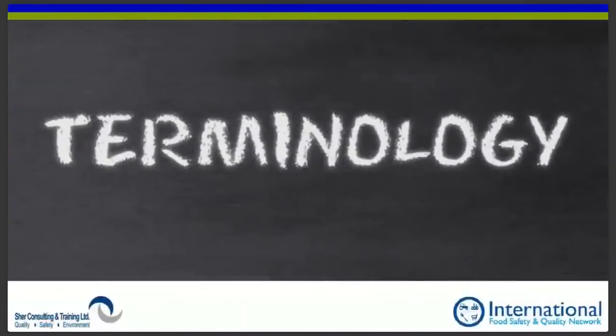Okay, the next thing I want to talk about is terminology. Chapter 3 of the standard has dozens of definitions for terms. One thing I do not like at all that they did in this version was that, because of the high level structure, all the terms have been arranged in alphabetical order, which makes no sense at all. But that's just the way it is.